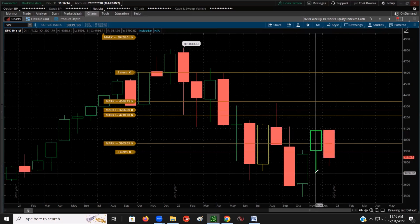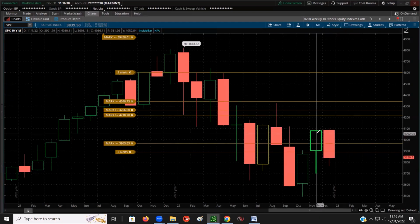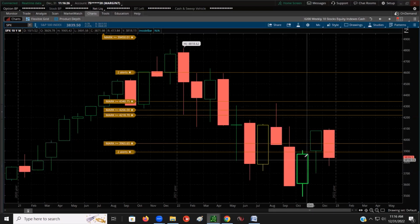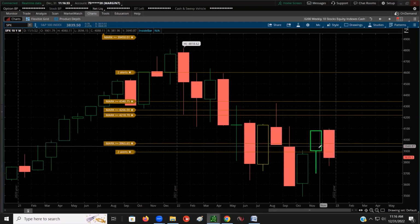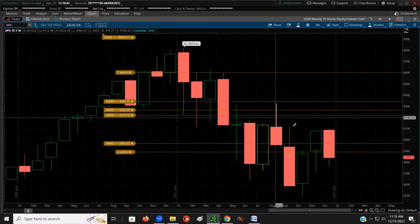So you see the low, that was the low in November, the low in December. So we made higher lows. And again, here's a high of November, here's a high of December. So the trend reversed. Yep, higher highs, tops, higher highs, and the higher lows. And again, consolidation closed down here. So potentially we're reversing. I don't know about that on the bigger picture, but I do know use caution, because